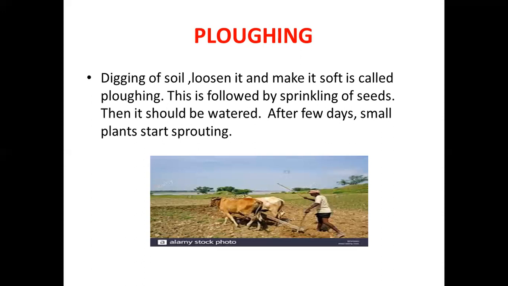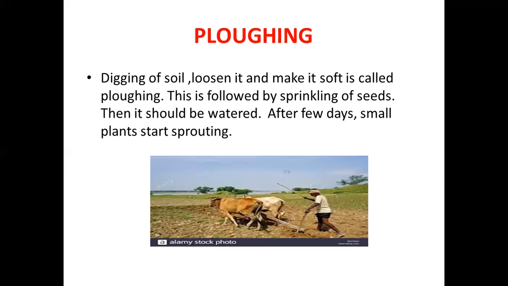Plowing is done by using the plow, which is an iron structure. See, in this picture, we can observe that plow, which is the iron structure. The farmer is just putting his left hand on the plow. Under that, one iron structure will be there which loosens the soil. So, this is called plow. He uses the plow for plowing the fields. These days, plowing is done with the help of tractors also. We can observe the tractors also having iron structures, some teeth-like structures. So they will plow the field.